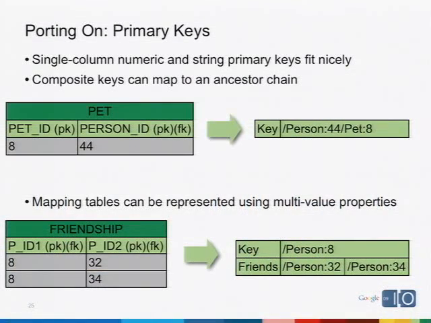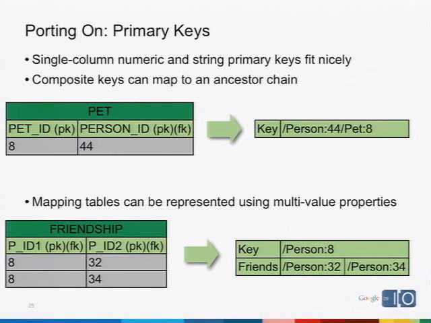So let's talk about primary keys in particular. If you have single column primary keys that are numbers or strings, varchars, that's going to work pretty nicely. There's a very straightforward way to map that on. Composite keys: with the data store, we just have a notion of a key, but it is sort of a composite key because we do have a notion of ancestor. So if your composite key can be thought of as an ownership chain, like a single strand ownership chain, then you can take your composite key and you can map that to ancestors and entity groups.